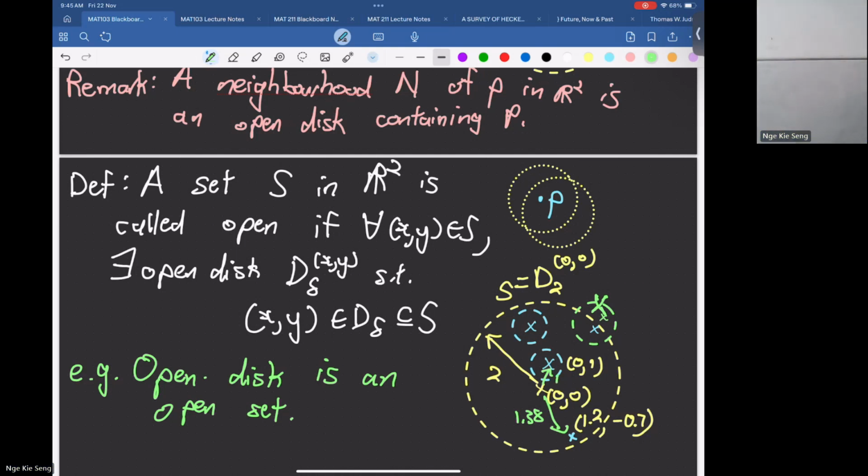So can you find an open ball around (0, 1) that's contained inside this D of 2 at (0, 0)? 懂什么意思吗？不懂可以再问。我要找一个比较小的 open disk that contains 这个 (0, 1) 这个点，找得到？给我一个比较小的 open disk